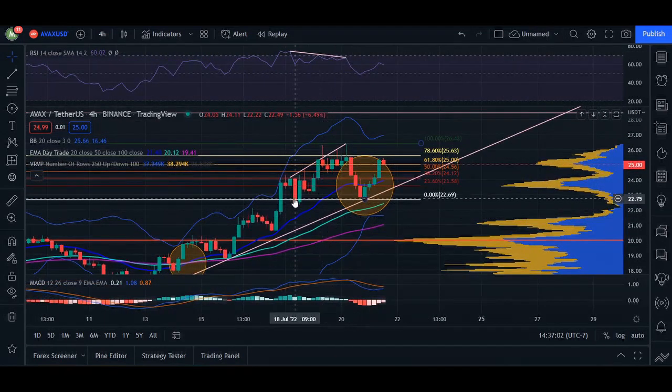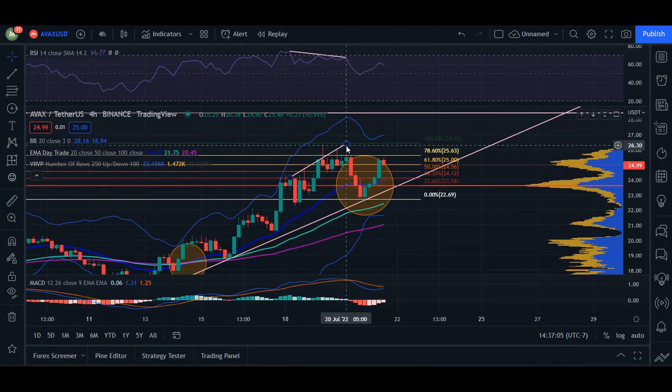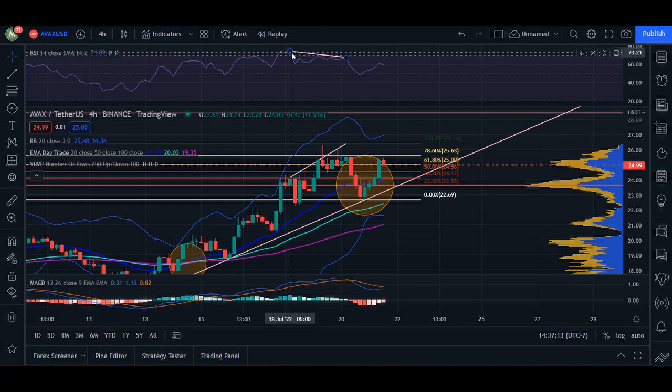Now, if we quickly take a look at these two peaks right here on July 18th, all the way to our high here on July 20th of $26.38, we want to mirror and see the same indications of having the same high peaks with associations to a higher RSI. However, here we saw the dip of 74% on the RSI, and then on July 18th we reached as high as $24, and then we can see this dip on our RSI reaching as low as 66%, but we see an increase in our price. So again, two different things that we're seeing, and it's not mirroring the same thing. This is a bearish divergence, which brought the price down